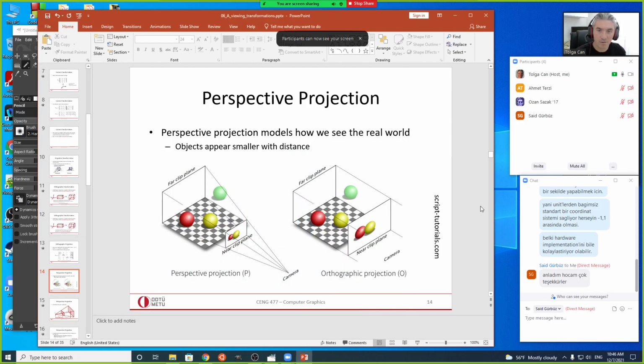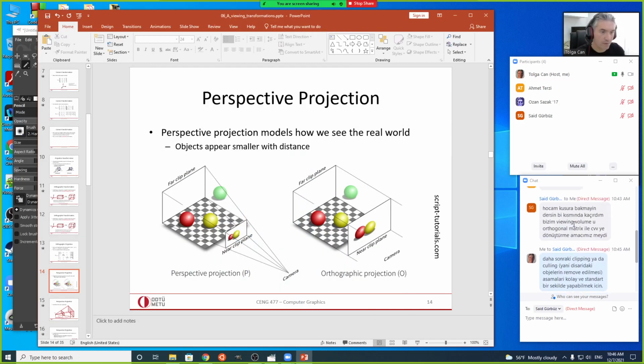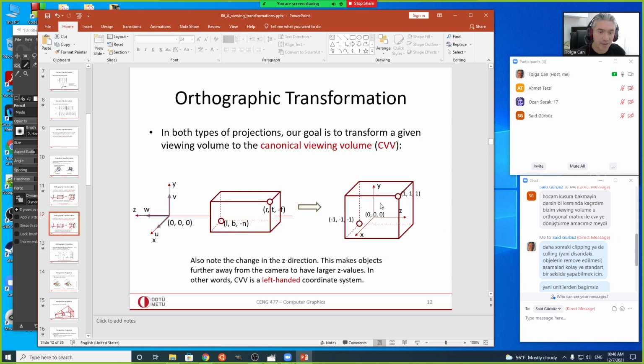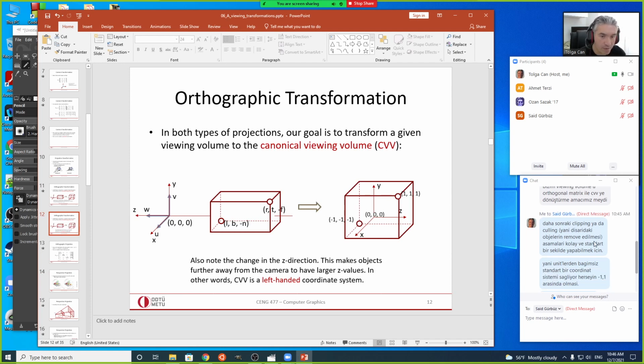Okay, so there was one question that I want to reiterate. What is our purpose of turning everything into this canonical view volume? So why do we do this? It's already in a rectangle, it's easy to project. So why do we use this canonical viewing volume? There may be many reasons behind this choice, but one of the things is it's after certain points in the forward